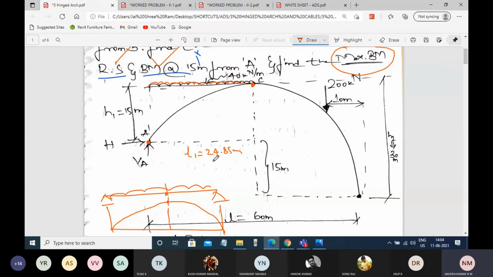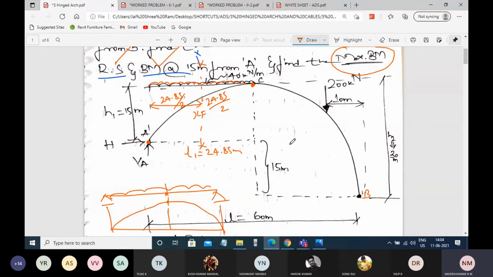Okay. So the maximum bending moment you will get exactly at the distance of 24.85 divided by 2. Understood? So x can be considered as 24.85 by 2. So this section you can consider as xx, and the distance from A to here is 24.85 by 2. Similar way, you go for the CB segment.